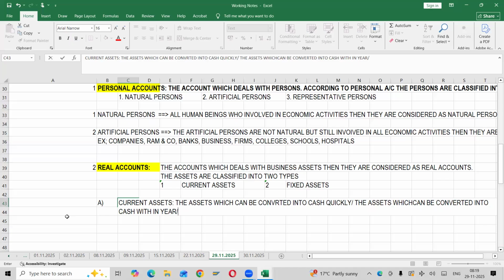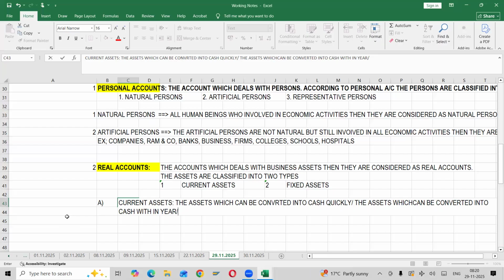Clear? Next. Again, the question: quickly. First I said the assets that can be converted into cash quickly are current assets. Yes, absolutely right. But again, the question will come: quickly in the sense how much time? Now I said the assets which can be converted into cash within a year. So again, year in the sense there would be something different: April to March, Jan to December, July to June, October to September. One year in the sense from when to when.